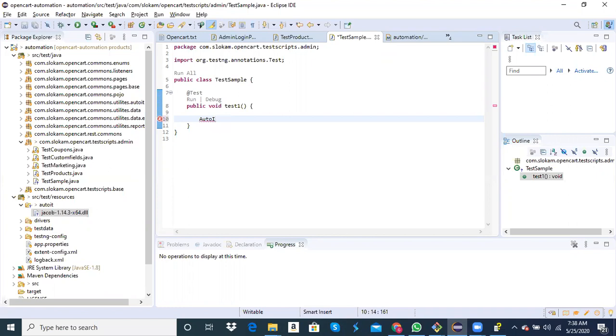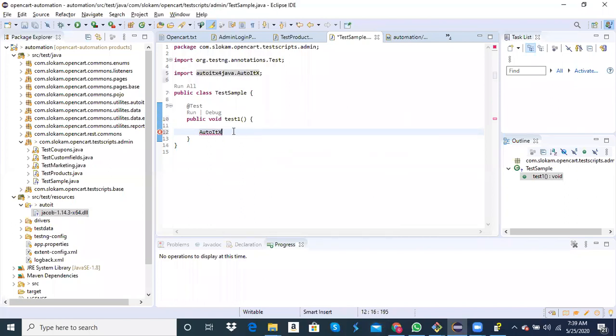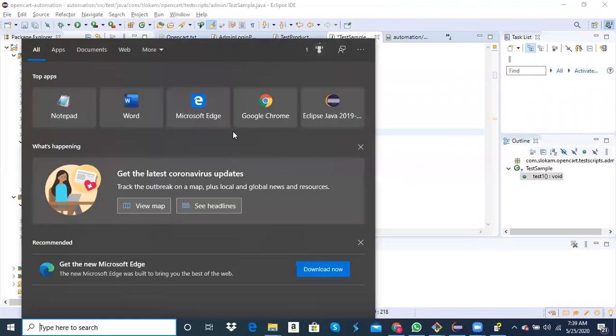Okay. So now you have your AutoItX. So AutoItX auto equals new AutoItX. Okay, so this is the command that we use to start AutoIT.